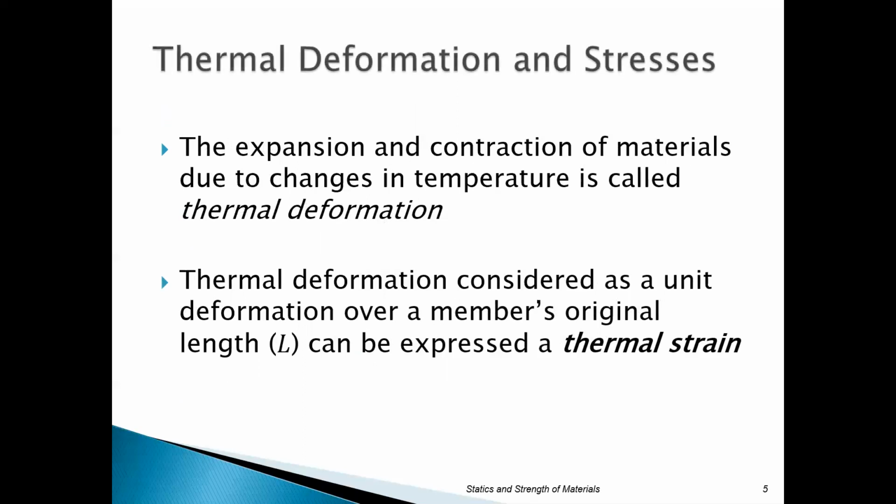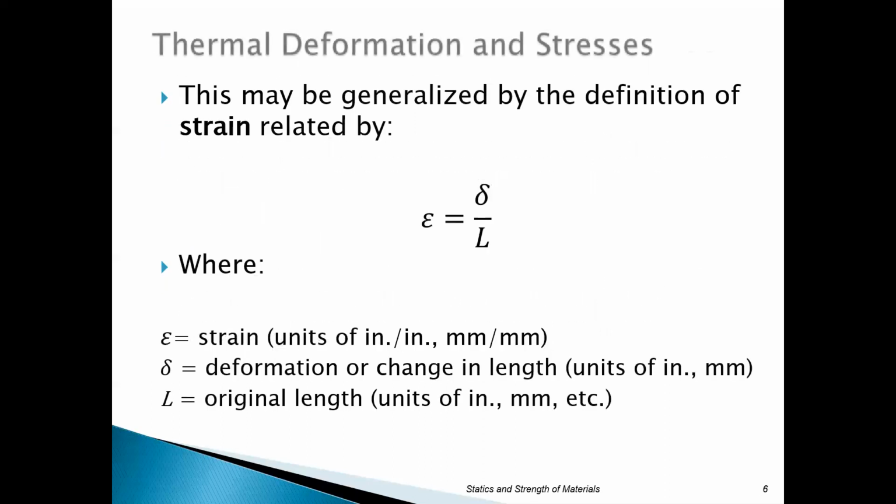That expansion and contraction is due to what's called thermal deformation. So the material is deforming based on that. As we said, it's an atomic kind of thing going on with your atom arrangement and how they vibrate, and so it's changing based on that. Thermal deformation is considered a unit of deformation over that member's total length, or the original length. If we talk about it over the total length, then we express that as what we call thermal strain. So remember, strain is related to